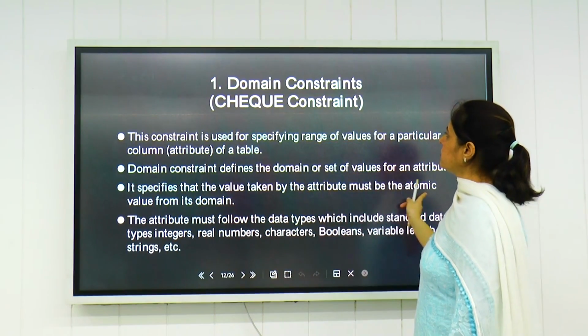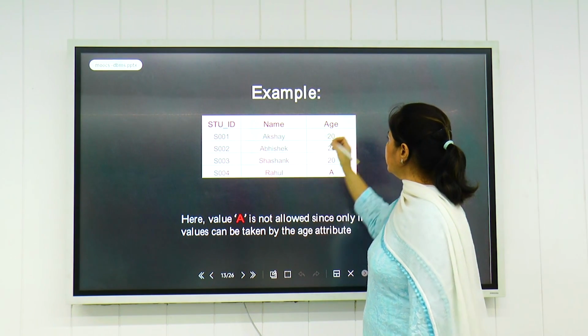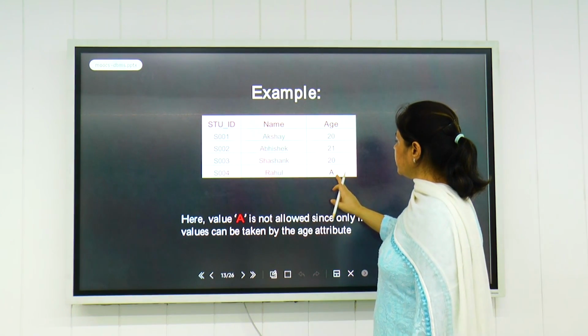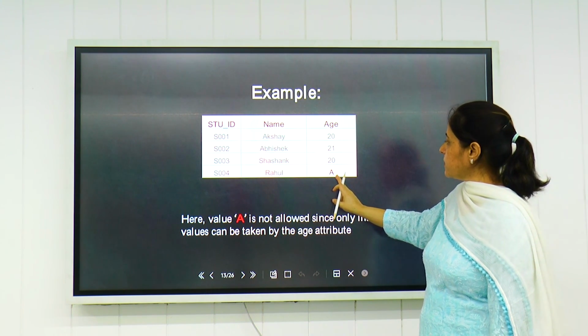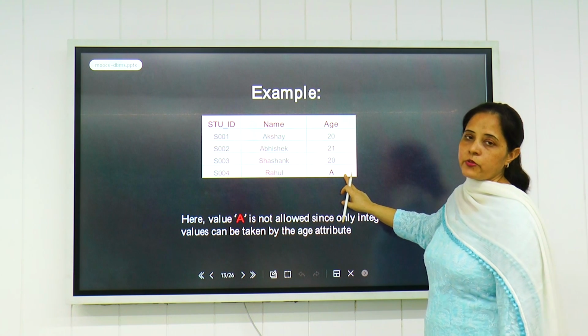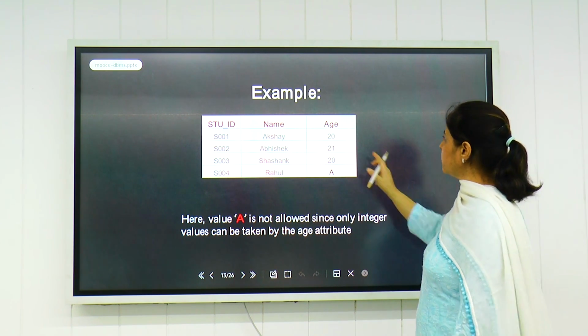In this example, if we have given age as integer type data, and somewhere the user has entered A by error, the A will not be allowed since we have given a check constraint on the age. We cannot put a character in the age, so the age should be a number.